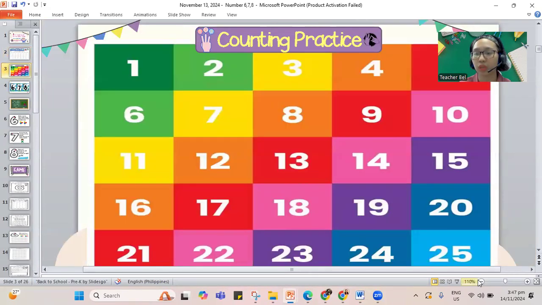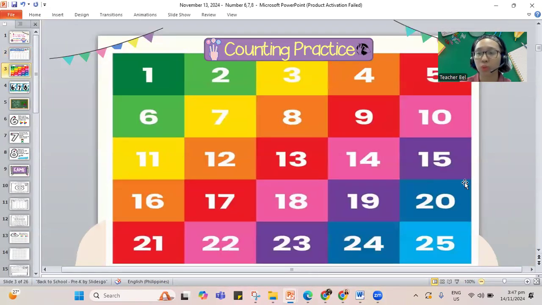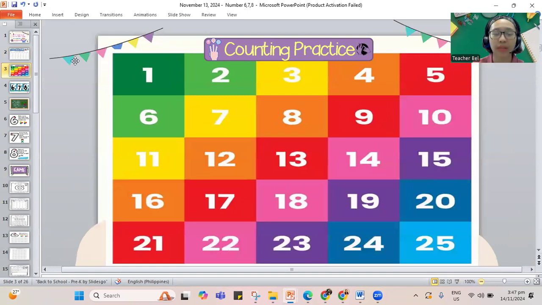That is to count our numbers from 1 to 25. I'll check the number for you and you can count with me. Let's start with the first one.